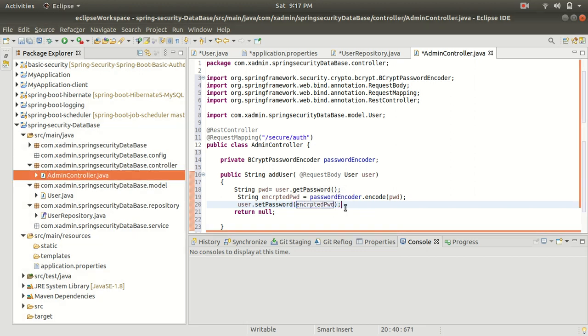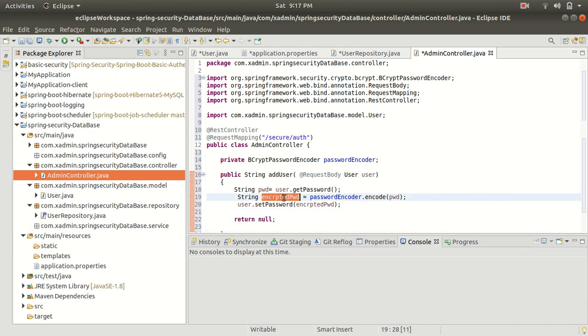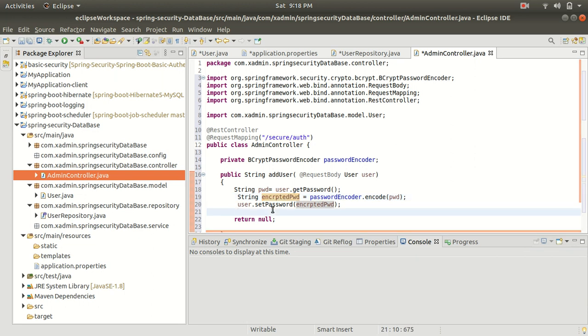All right, so guys here we are taking the password from the request body and then we are encoding that password, and now guys we return this password in an encrypted string form, and then we are setting it, it means we are saving this password to the password field of the user model.